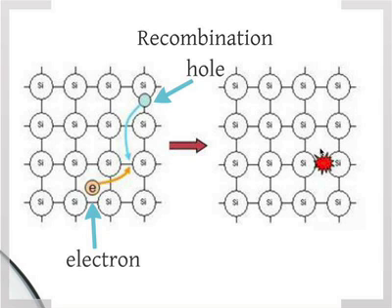And that can be released, in the case of silicon, usually as heat into the crystal lattice. In the case of gallium arsenide, it can be light, right? You can have photons coming out. So from the energy band perspective,